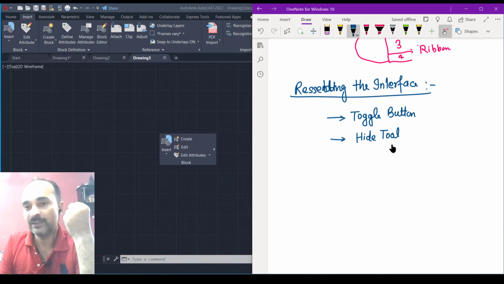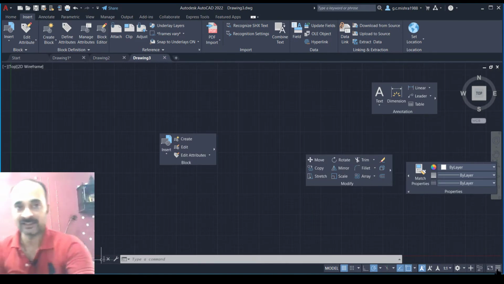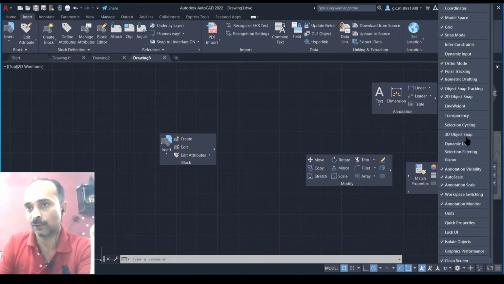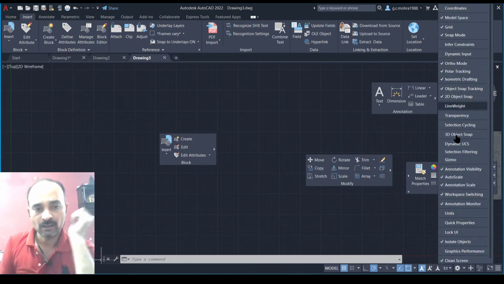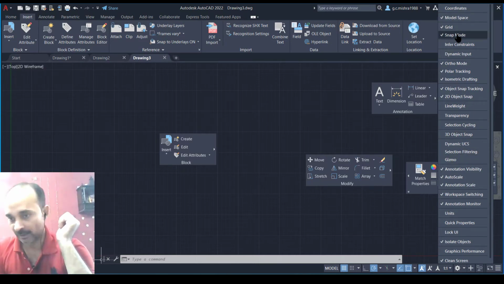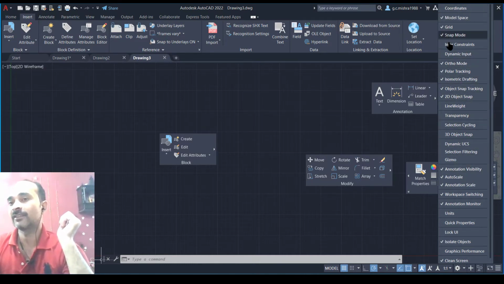We don't need to go for resetting. And sometimes we hide several types of tools. We will be covering hiding of the tools after resetting. We can hide different types of tools. For example, I can show you. If I click on the task bar, here is a small button. An interface appears at the left side.